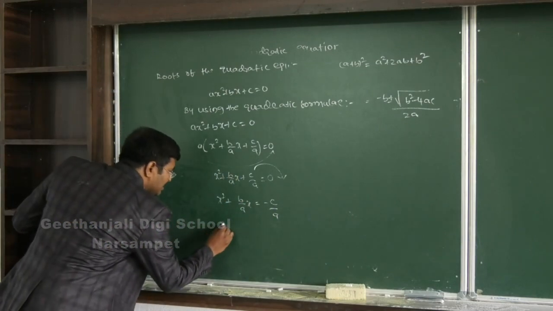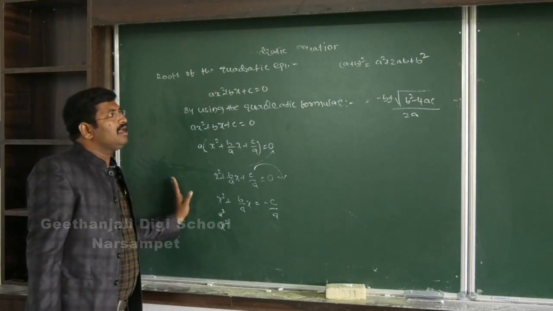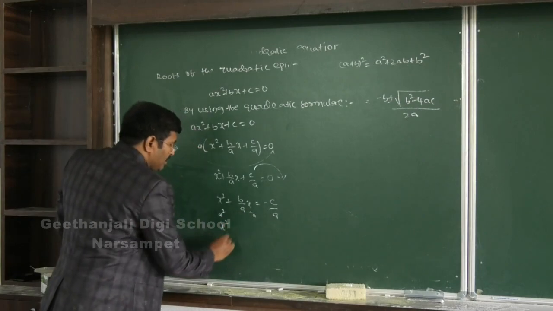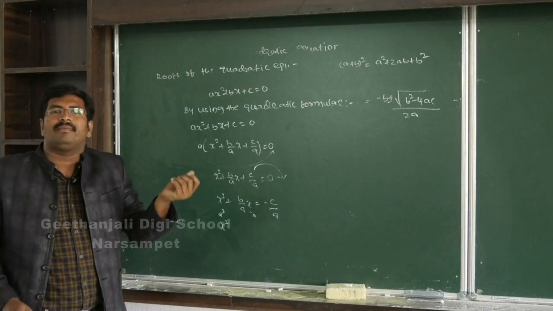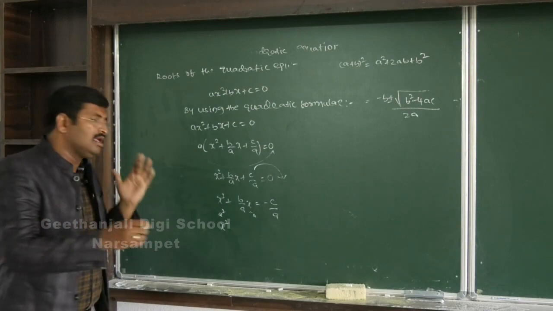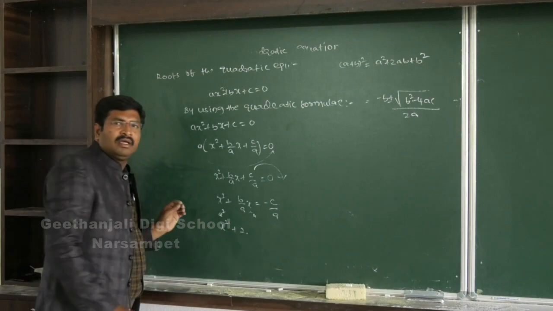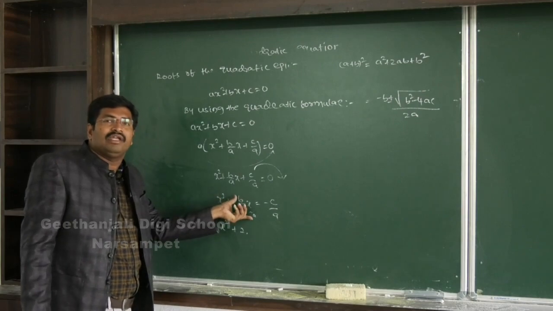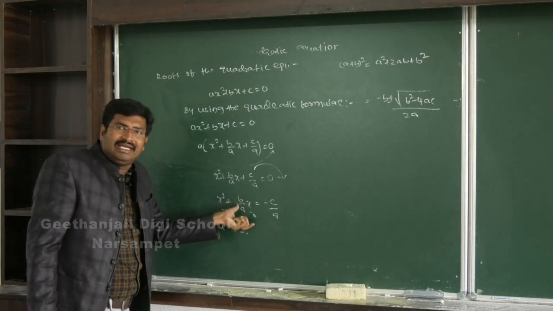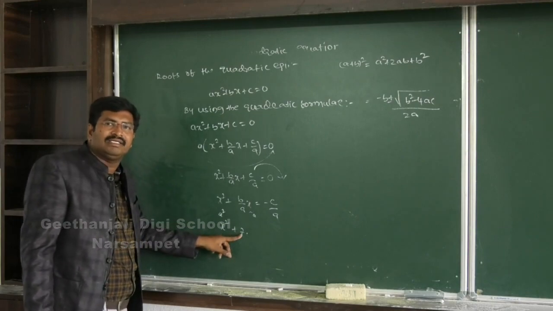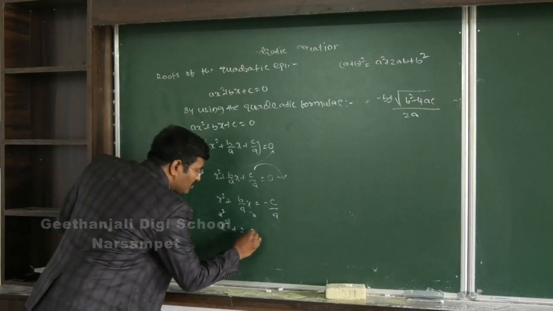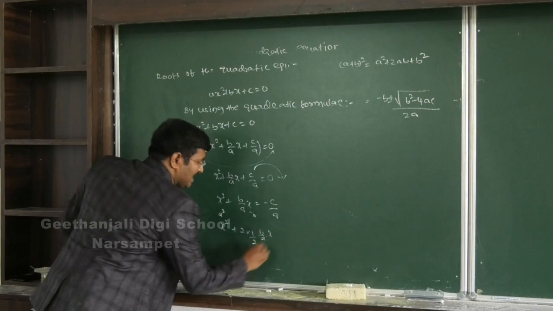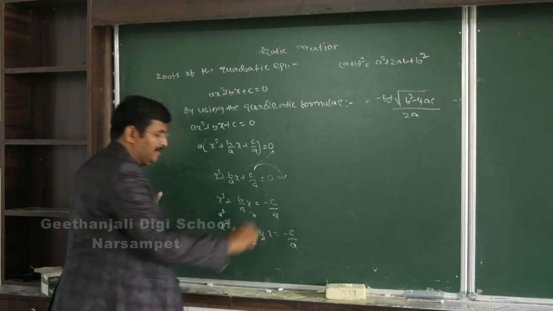Now x square is nothing but a square. To get the 2ab term, where x is a, to form a plus b whole square you require a 2. So I am taking 2 first. You can change the form of a term, but you cannot change its value. Here we take 2, so again we divide by 2, multiply and divide by 2. There is no change in the value: x square plus 2 into b by 2a into x is equal to minus c by a.